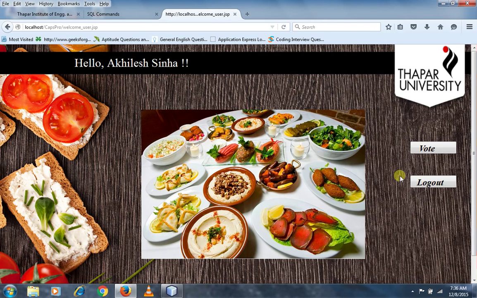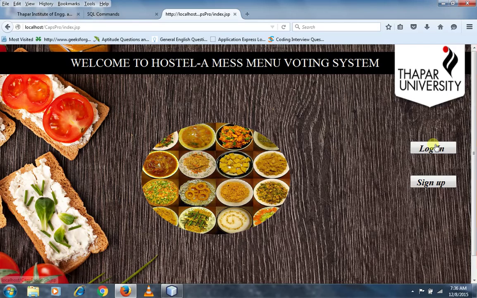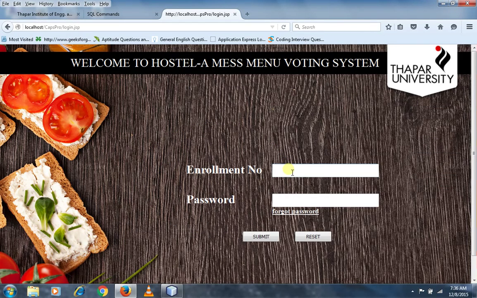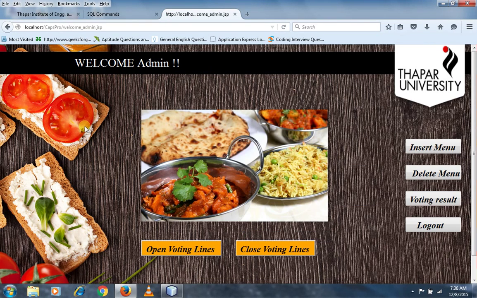If I go back and see the admin homepage and what functionalities are associated with that page. If I click on submit, this is the admin homepage. Welcome admin, and admin has these options like insert menu, delete menu, voting results, and of course logout. And these two options are